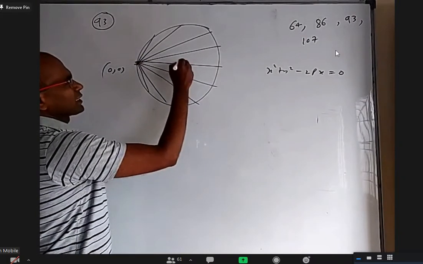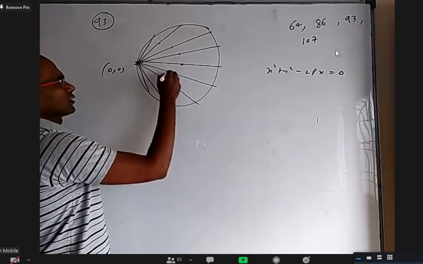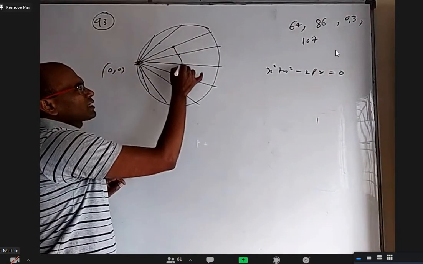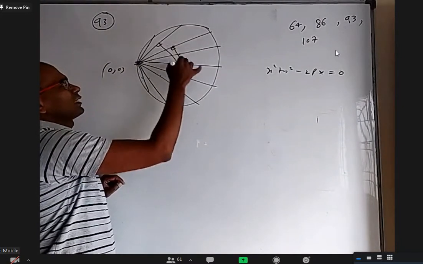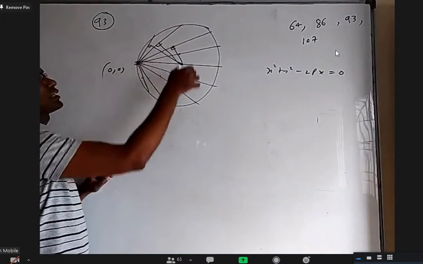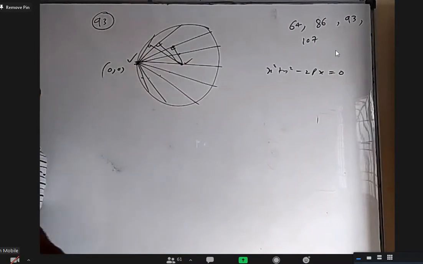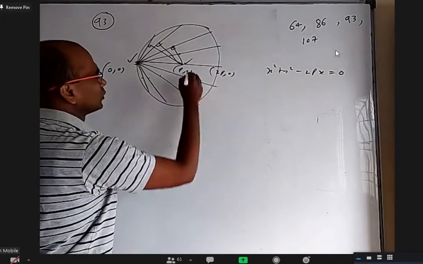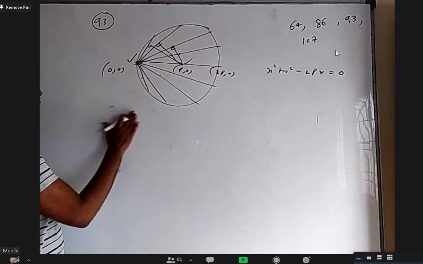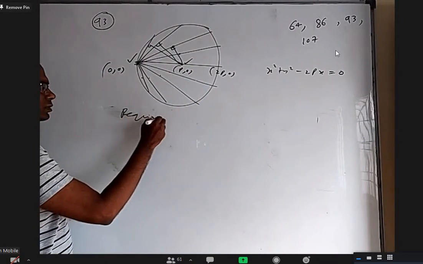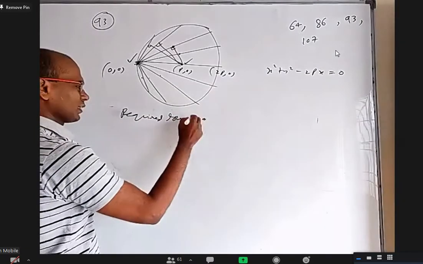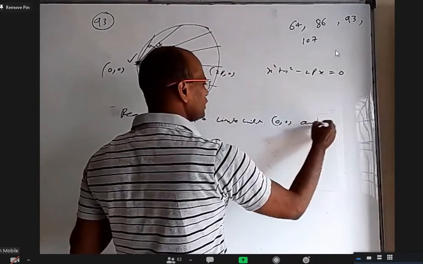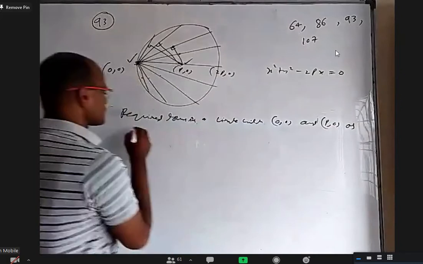One of them will be diameter, center will be the midpoint, other things will be there like this. Earlier we discussed, if you take the midpoint of the chord and join to the center, this angle is 90. Similarly, this angle is 90, this angle is 90. So locus of all these points is a circle with this as diameter. And what is this? This is p comma 0, this is 2p comma 0. So required circle, required locus is a circle with 0 comma 0 and p comma 0 as ends of diameter.